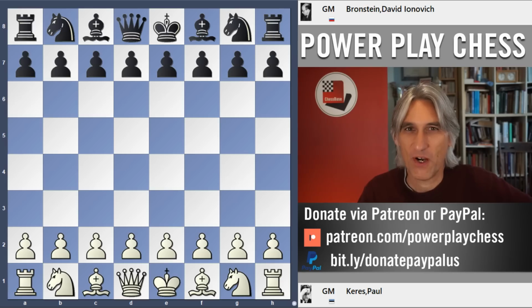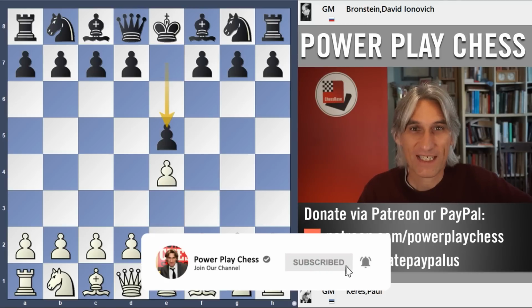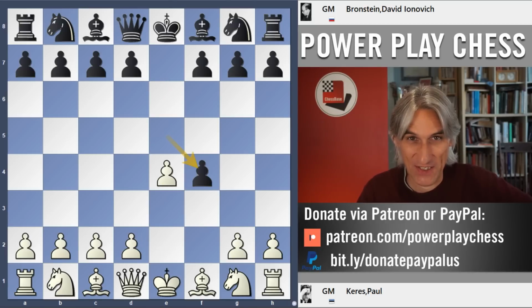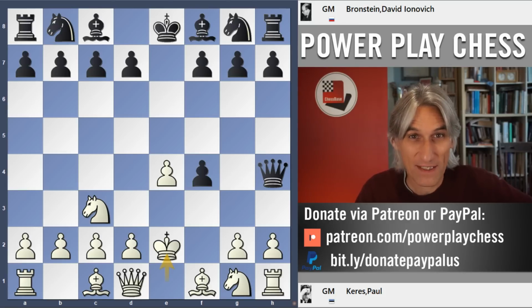In a previous video, I showed you a line of the King's Gambit, which featured a kind of Bong Cloud system with the king wandering up the board at an early stage. And I want to show you another game in this line between two absolute legends, Paul Keres playing white and